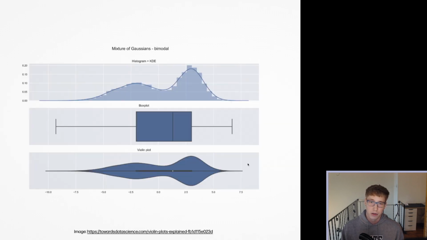Now, I'm actually going to go back here for a second and do something a little unusual. I'm going to tell you that you, in most cases, should not use a violin plot. So although they have this advantage over box plots of showing the multimodal distribution, the thing about violin plots is